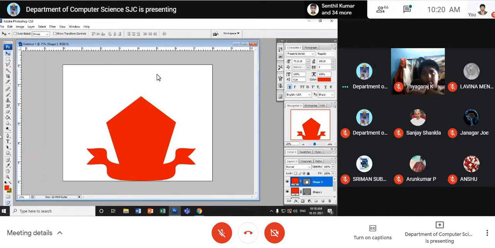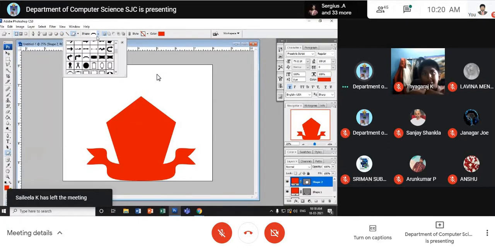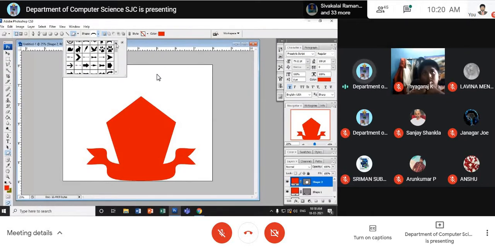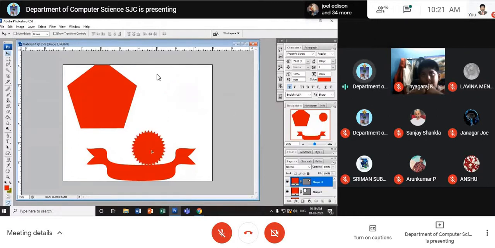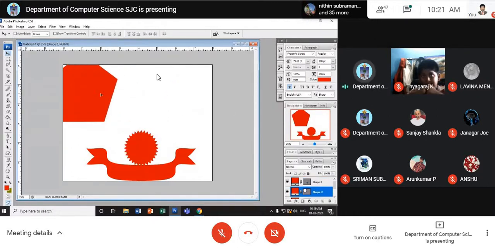Okay, arc like, right? So I just go to custom shape and choose an arc, which will be better. You just choose here. Otherwise, if you don't find anything, then we'll have our own. Just search for the tool whichever is better. See, for example, these tools can also be used for a logo. You can make use of this tool for a logo instead of this polygon. For example, you can keep it here, make it bigger, and you can also use it.